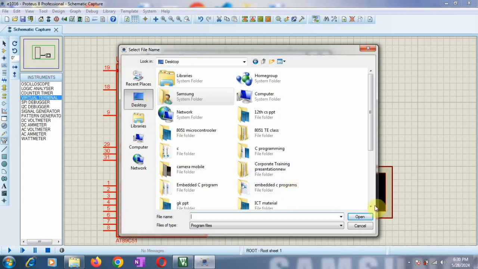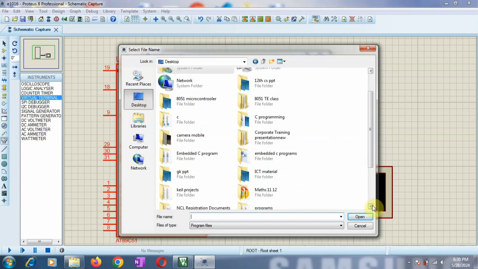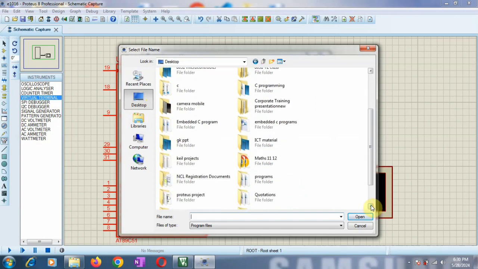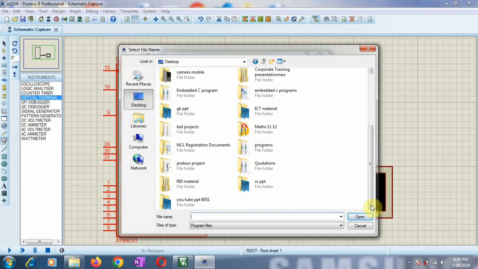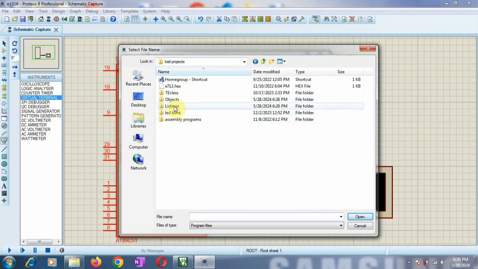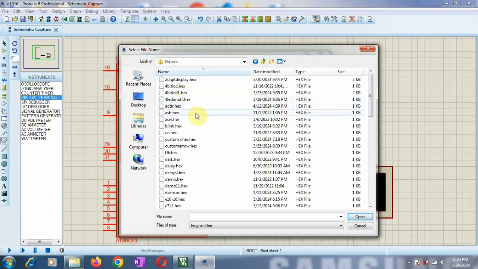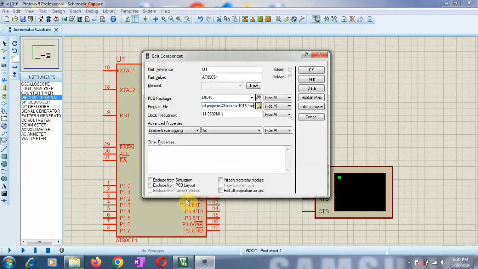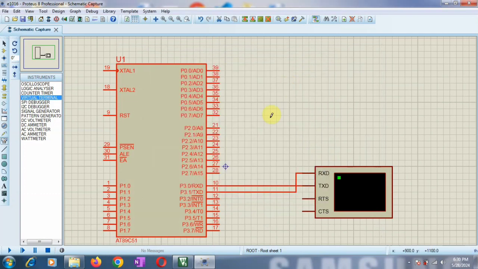All my programs I have kept in a Keil project, so I will go for that. In the Keil project, go to Objects, and here you have to search for the hex file. e1016.hex is the hex file. See here, this is the generated hex file, and once you load it, just click on OK.